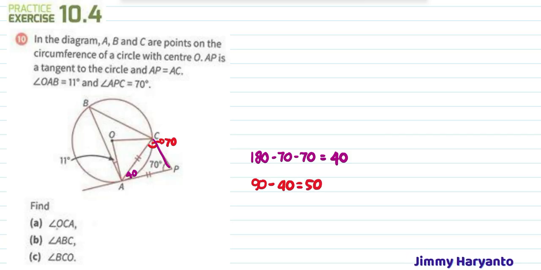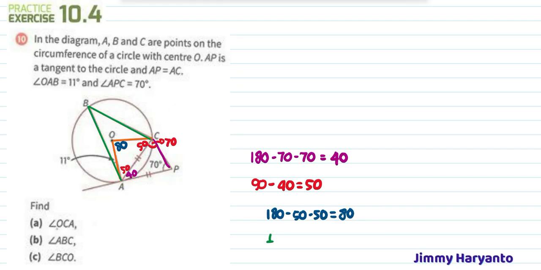That one is 50. So this one is 50, and we also have this one as 11. Okay, so this is a radius. That means this one is also 50. I can find this one by using the triangle: 180 minus 50 minus 50 equals 80. So this one is 80. And then take a look at the center angle. This one is the center angle. This one is the circumference angle. The circumference angle will be half of 80 equals 40. So this one is 40. That one is 80 from before.